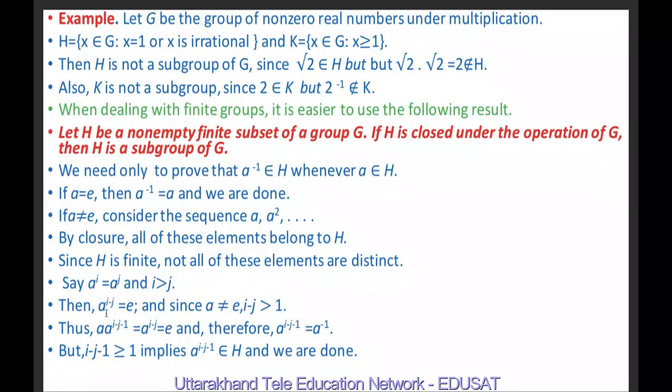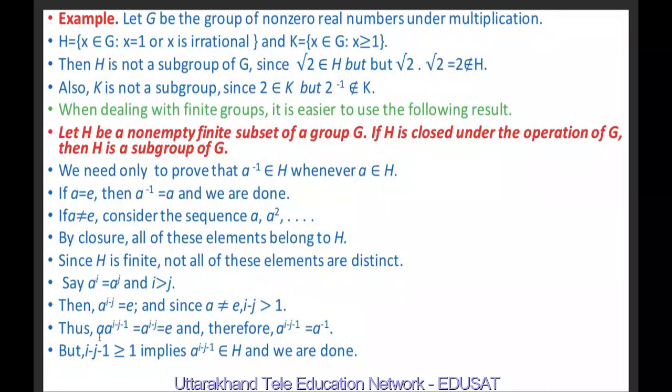It means A^(i-j) is equal to E. I have multiplied both sides by A raised to power minus j. So it is A raised to power i minus j, and A raised to power j minus j means the identity element. Since A is not equal to E, i minus j is greater than 1,